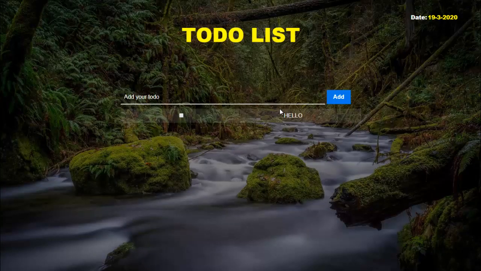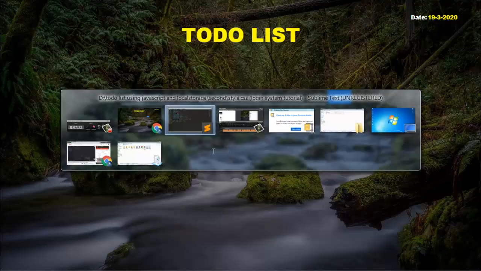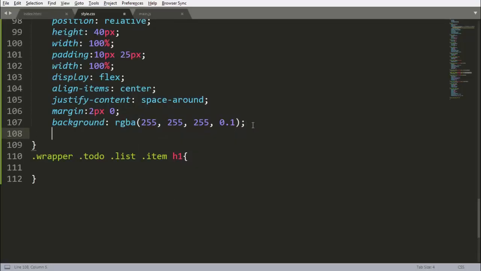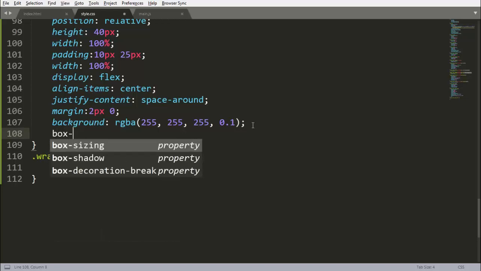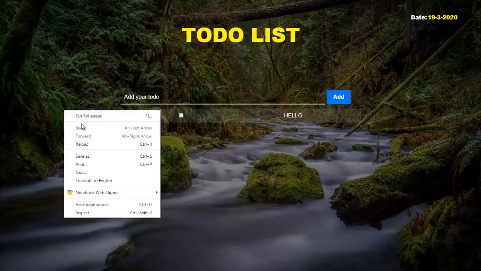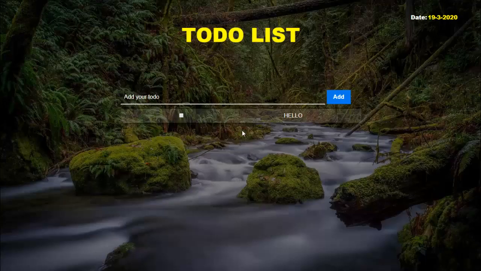So this will be our background here. Let's add a shadow here, box shadow 0 pixel, 15 pixel, RGBA 0, 0, 0, 0.9 here. Reload it, see that we are getting it like that.